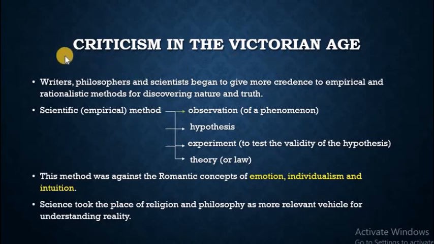So before we start knowing in details what are the basic theories or views of literary criticism for Matthew Arnold, let's take a look at the Victorian Age itself. What happened in this age? Let's remind ourselves. Writers, philosophers, and scientists began to give more credence to empirical and rationalistic methods for discovering nature and truth. You remember from our lectures in poetry, we said that in the Victorian Age,